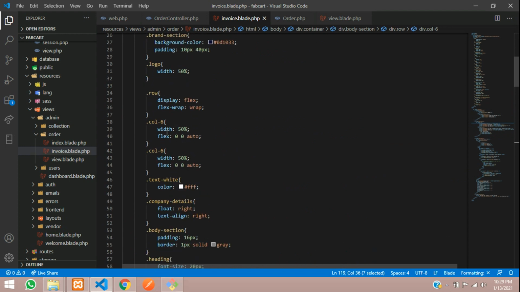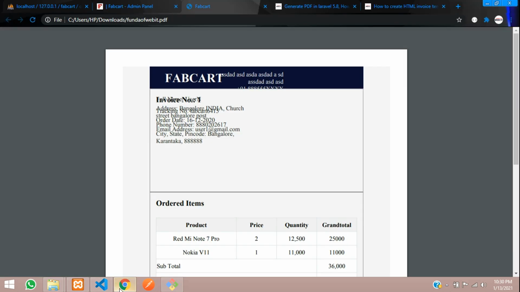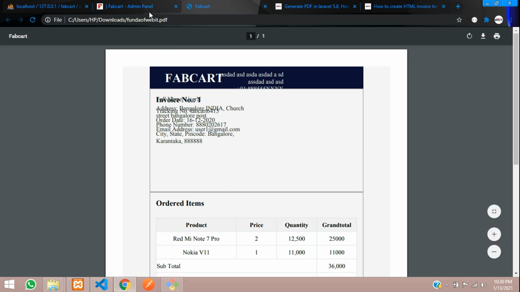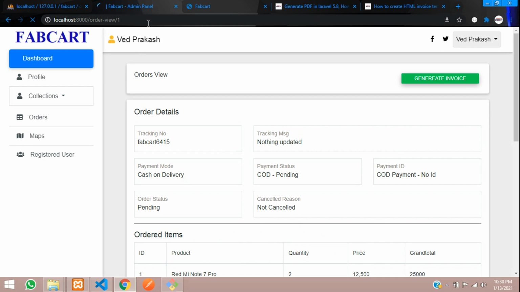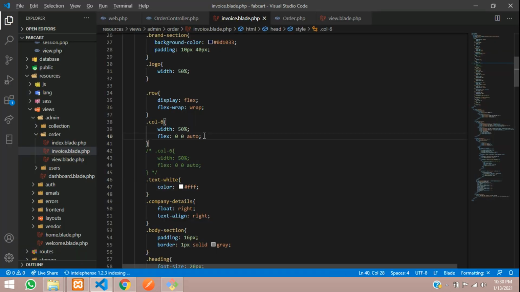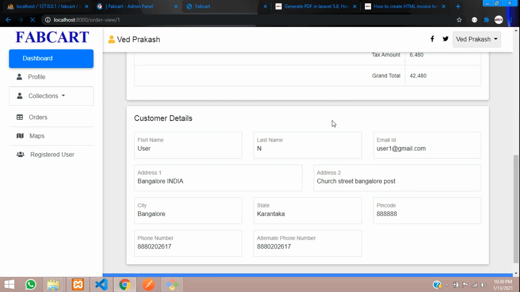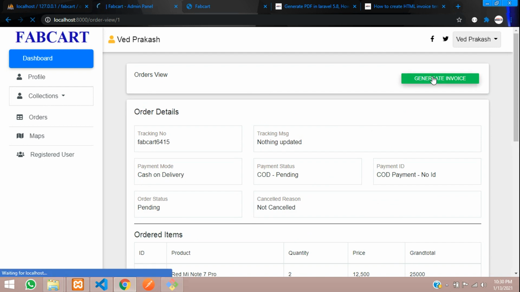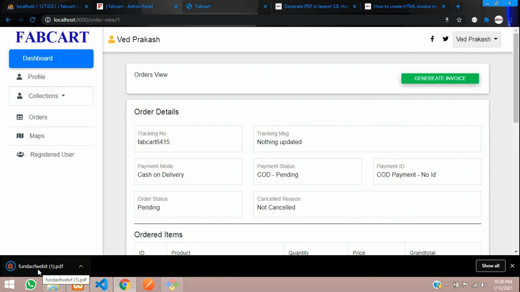Okay, yes, so this is the 3 step which I have mentioned for it. So guys, I have written this 2 times, so let me comment this. Let's comment it and let's see now what happens. Let me just try with this. If it doesn't work, we need to remove it and place it one below another. So let's get back and refresh this page. Let me save this. So once refreshed, let's generate the PDF once again. So I have clicked on it. Okay, let me open this PDF.